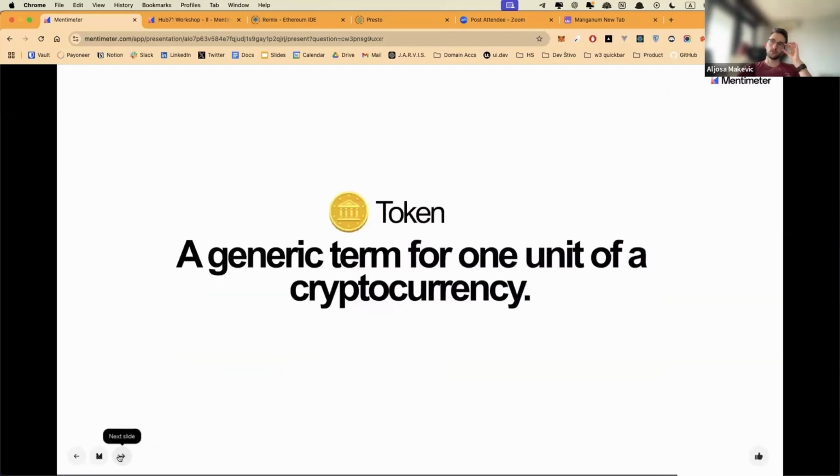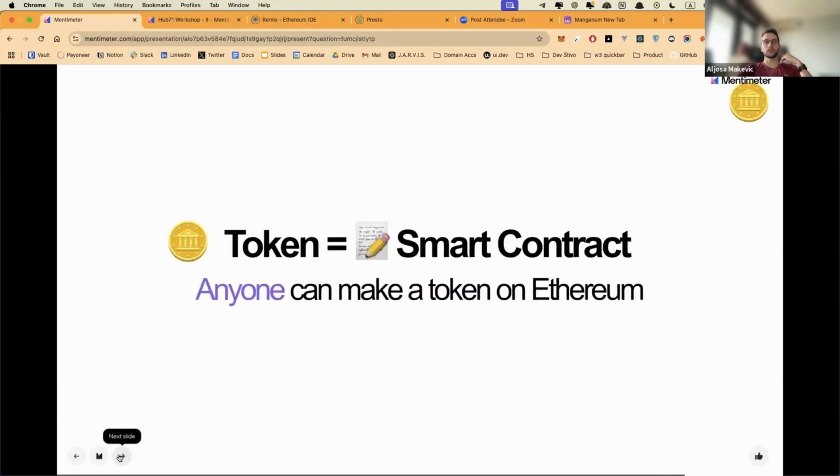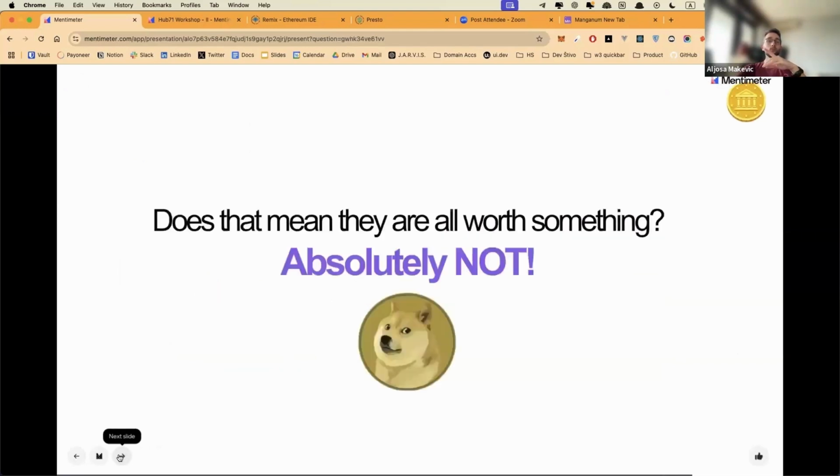The token you already know about. It's just a term for 1 unit of a cryptocurrency. As I said, it's nothing more than a smart contract. Anyone can make a token on any blockchain, but that doesn't mean that it's worth something.